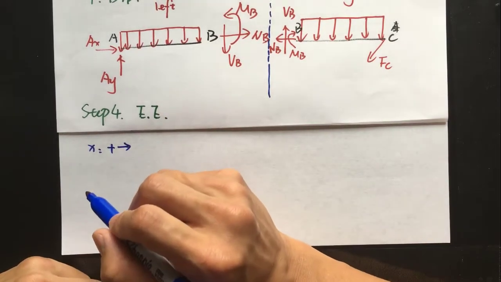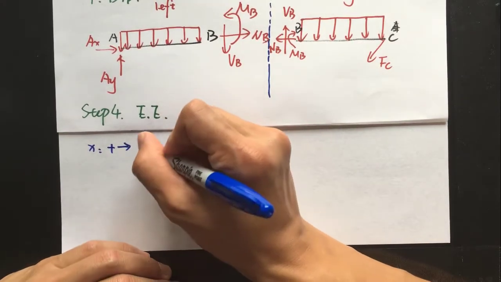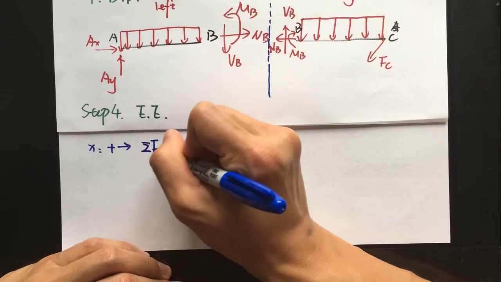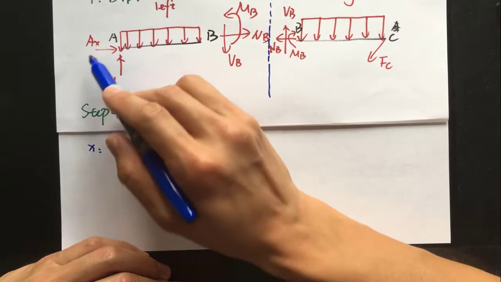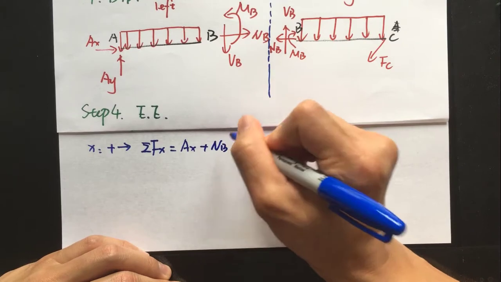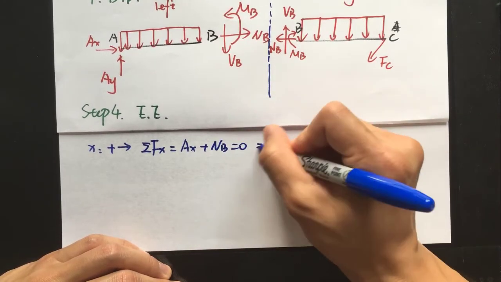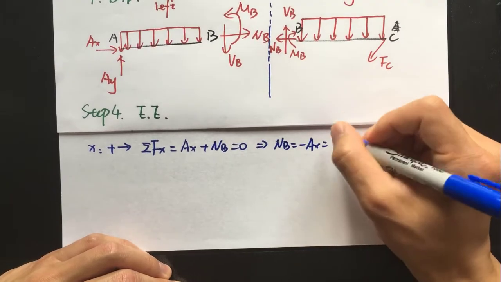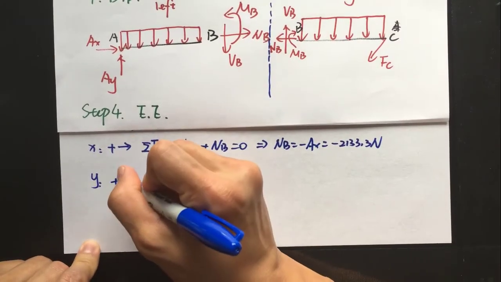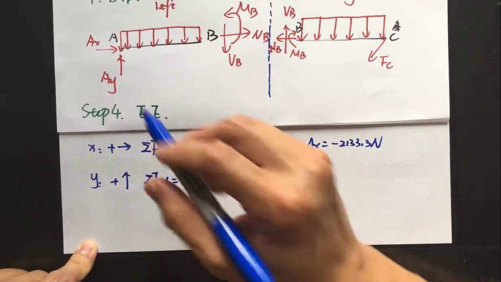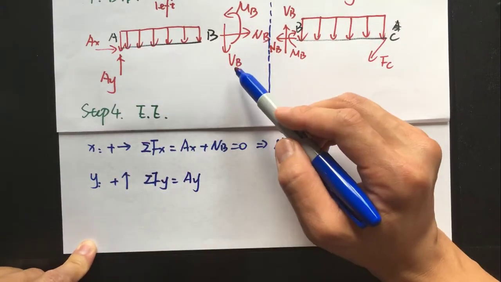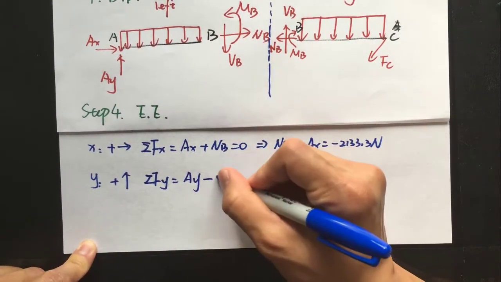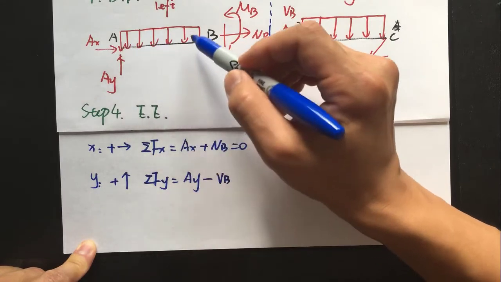In the x direction, define the positive direction and list all the forces in the x direction, which we have Ax plus MB, which is the normal force, equals 0. And we find MB equals negative Ax. For the y direction, positive direction pointing up, we have Ay points up, and we have the VB points down, which is negative, and we also have this